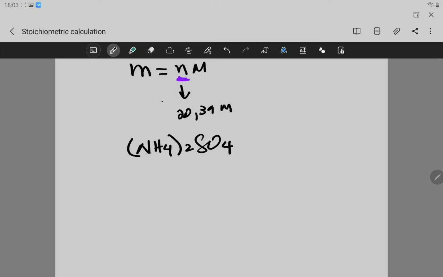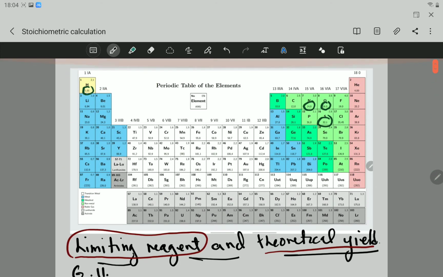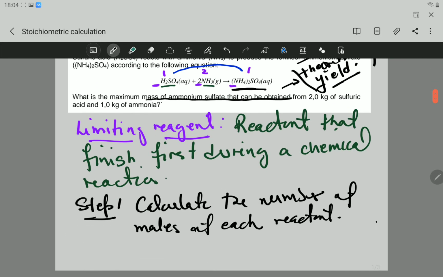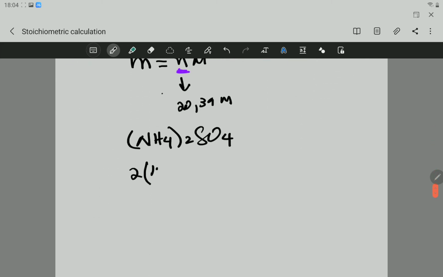All right, so how do we calculate the mass here? We have this bracket, so it's 2 of everything. So I'm going to write 2, and I'm going to open bracket. The mass of nitrogen in the periodic table is 14. So 14 plus 4 of hydrogen, which is 1,